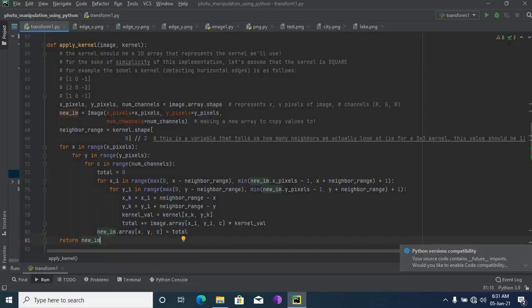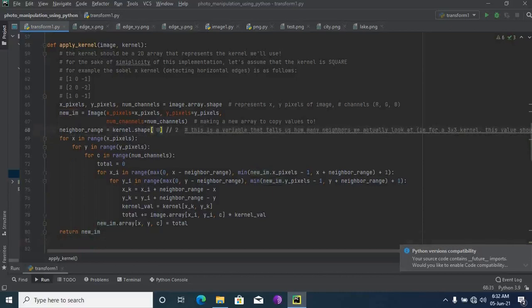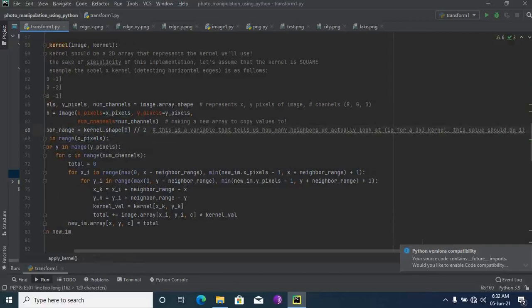Then I'm assigning neighbor range, which is kernel.shape divided by 2. This variable tells us how many neighbors we are actually looking at. For a 3 by 3 kernel, this value should be 1.